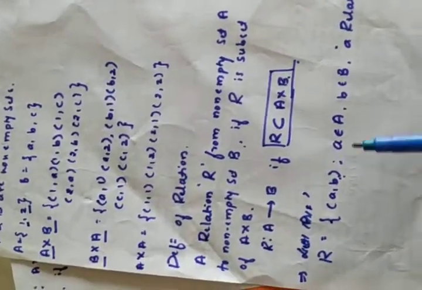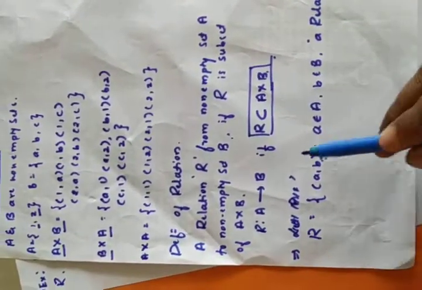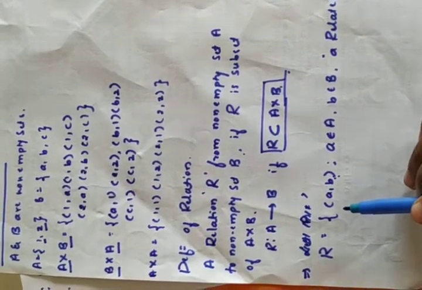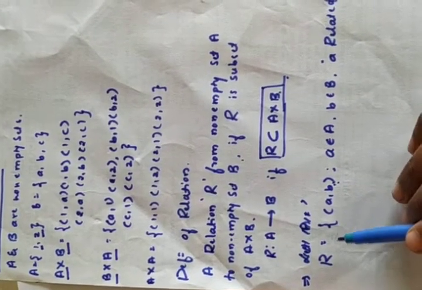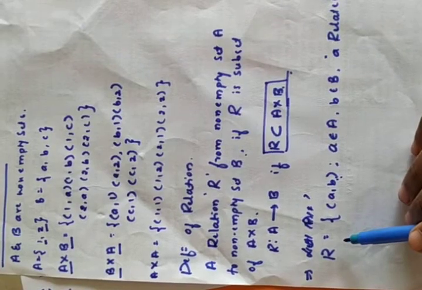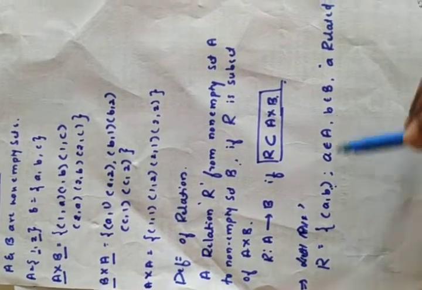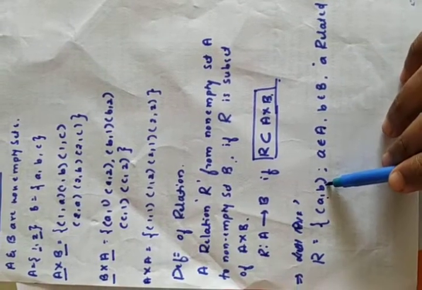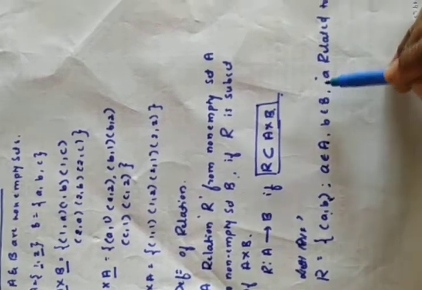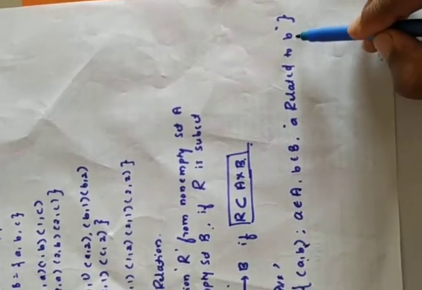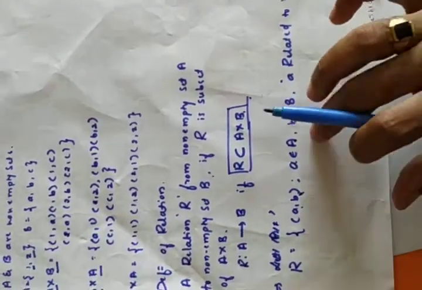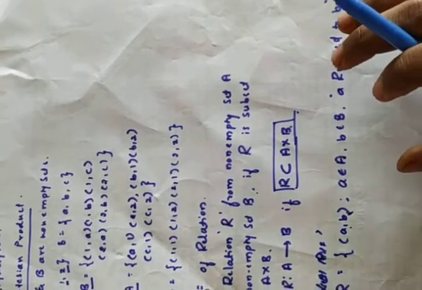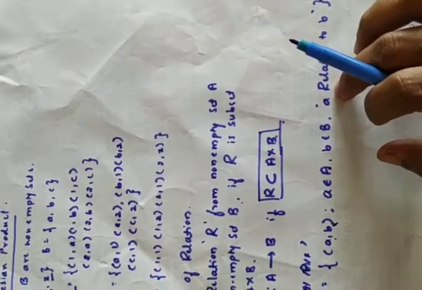Getting? Okay. So again, the definition in the set builder form is R is a pair (a, b) where the first element A is from set A, the second element B is from set B, and A is related to B. This is how to write down the relation R in terms of the set builder form.